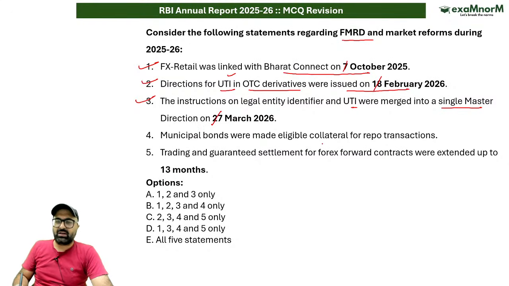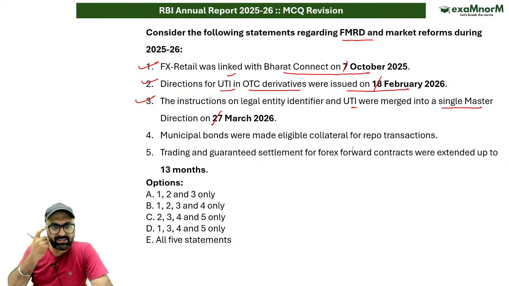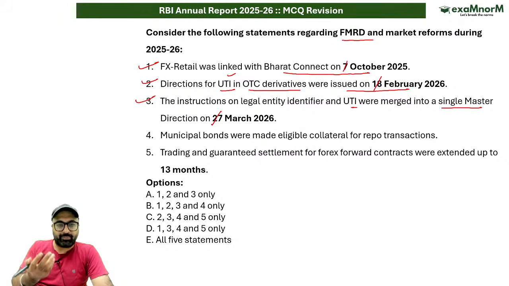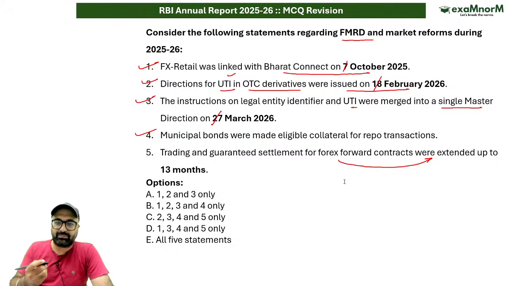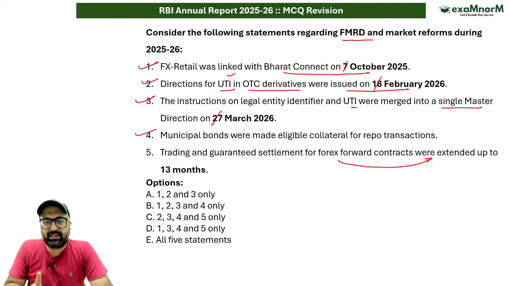म्युनिसिपल बॉन्ड्स वर मेड eligible collateral for repo transactions. Is it that correct? So yes, municipal bonds, they are now eligible collateral if you are borrowing from RBI against repo rate. That is correct. Trading and guaranteed settlement for foreign exchange forward contract were extended to 13 months. Remember that. So the trading and guaranteed settlement have been extended